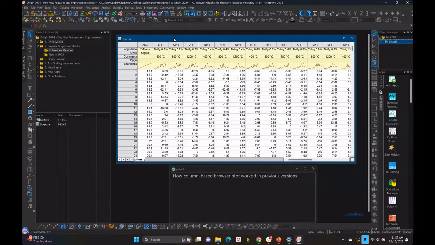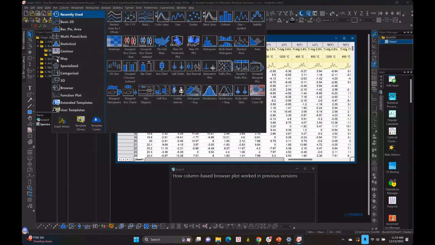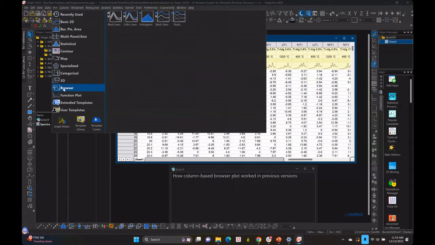Okay, so here I have a worksheet with an X column and multiple Y columns. It could also be X, Y, X, Y, some spectra, and I have some metadata here, composition of the material, at what temperature the spectrum was measured. So with this book active, if I go to the plot menu, we had introduced a new plot type called